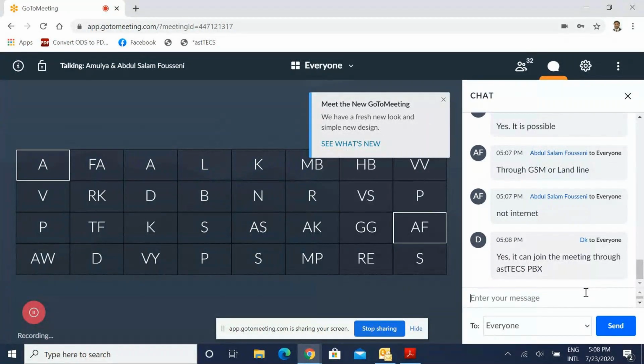That business version of Skype, the same is possible, sir. Yes, the answer is definitely yes. You can join the meeting through Aztecs PBX. We have to evaluate the scope and maybe we need some time to deliver that, but the answer is definitely yes. Rather, I say we are eager to try that out.